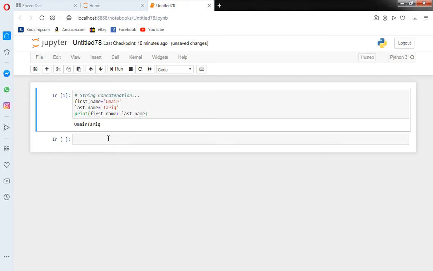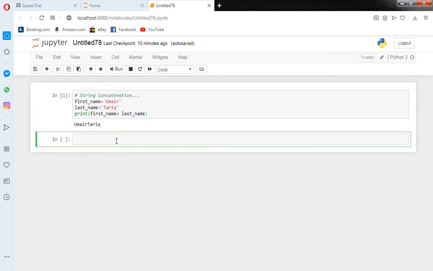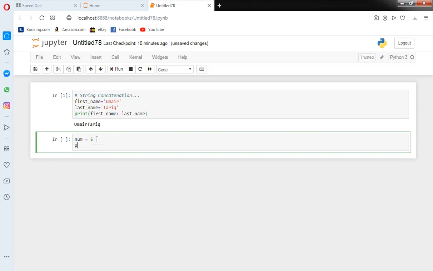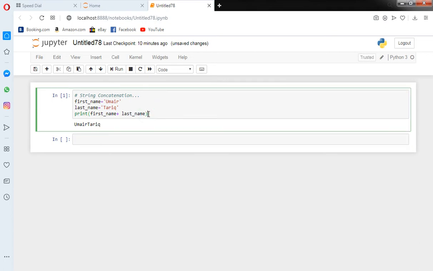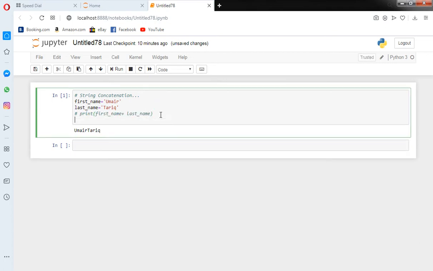So here is one more example. Like if number is 3, we cannot add a number to a string. If I comment this line and print 4 plus first name, we cannot add a number to the string.